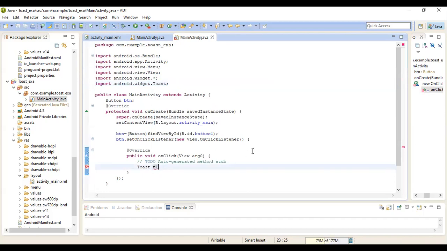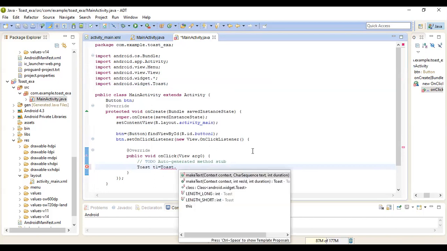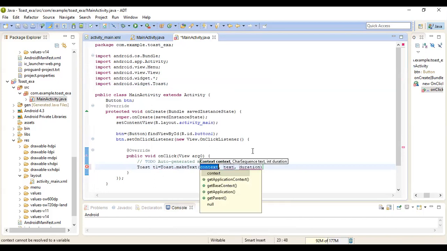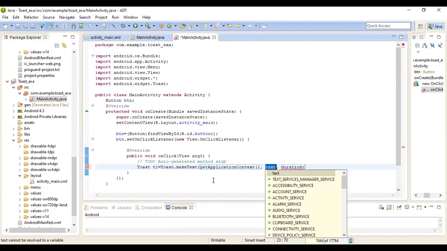Now, Toast t1 is equal to Toast.makeText. Here we are passing three arguments. First is the context object. For that we are using one method, the getApplicationContext method, which refers to the current object of the current activity.